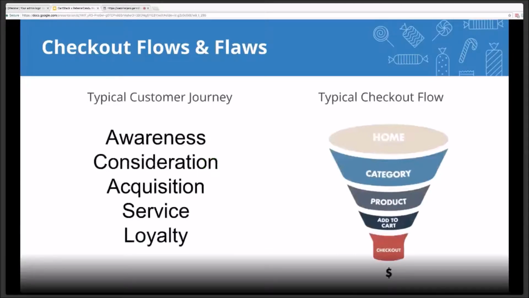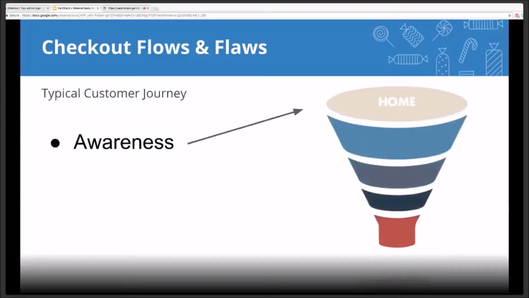So as you can see, we've got the customer journey here bumped right up next to the typical e-commerce checkout flow. The reason we've done this is to show you how, as your customers make their way through your site, it's generally safe to assume that at different pages, levels, and depths of your site, your shoppers are at different points of the customer journey. It's important to understand this because, much like any marketing campaign, you're not going to use the same language, tactics, and strategies to convert shoppers into customers when they're at different levels of the journey.